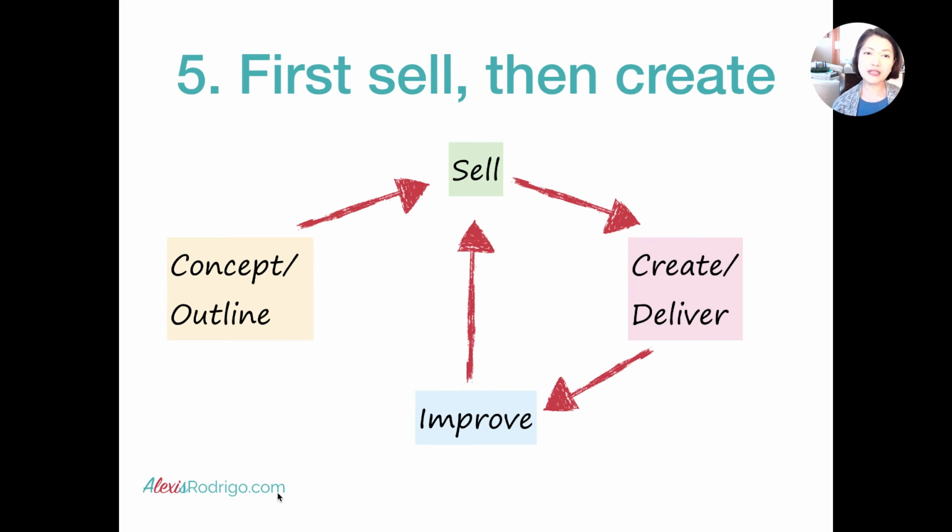Okay, so you sell, and then you create or deliver. And for this, I really like doing live presentations because that's where you're creating and you're delivering at the same time. And then after you deliver, because you already have customers, right? Then you can get their feedback, then you can improve your product, and then sell version 2.0